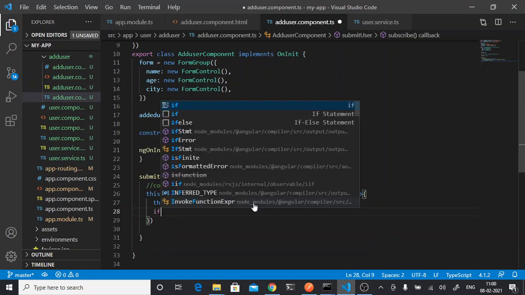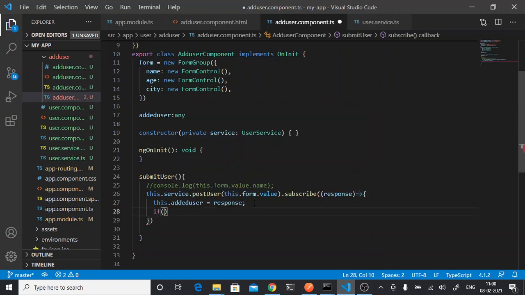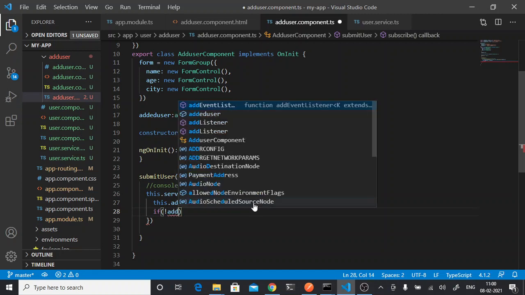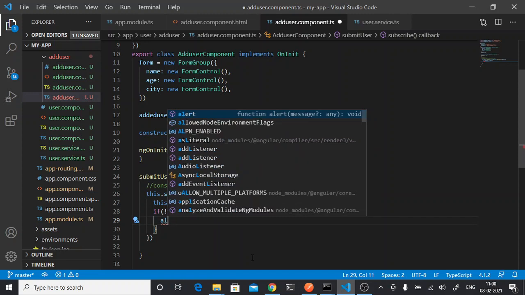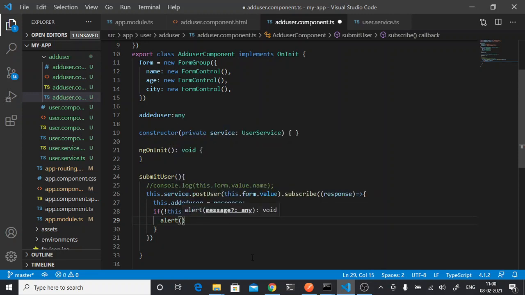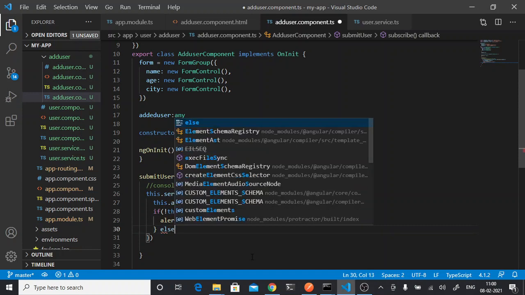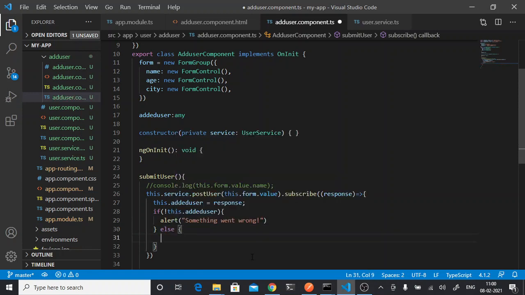So now if this added user is present, that we got, if it is not present, if this added user is not having anything in it, then I will show the alert something went wrong. So that would be my alert, something went wrong. Else I'll show the alert